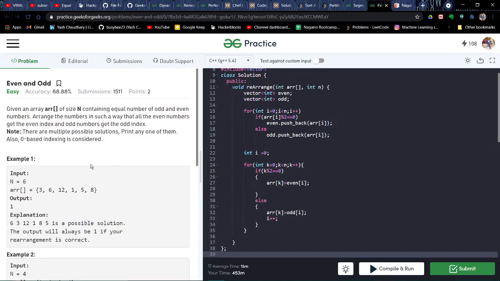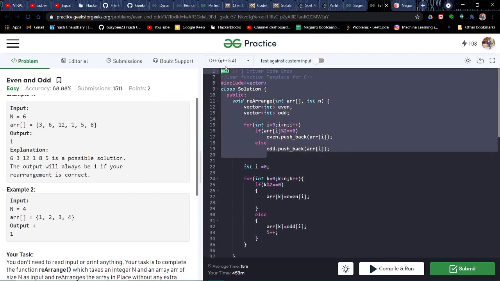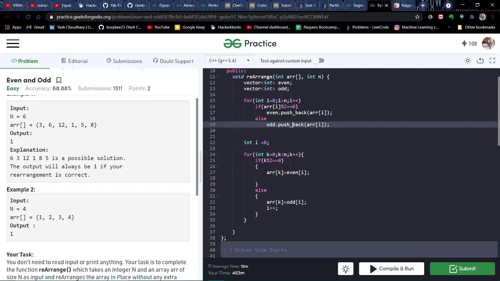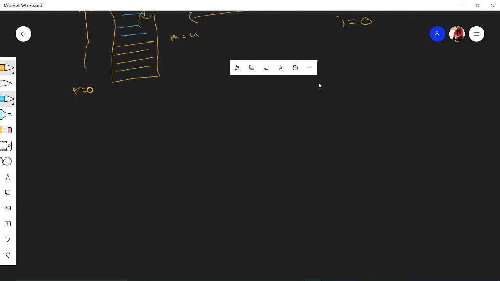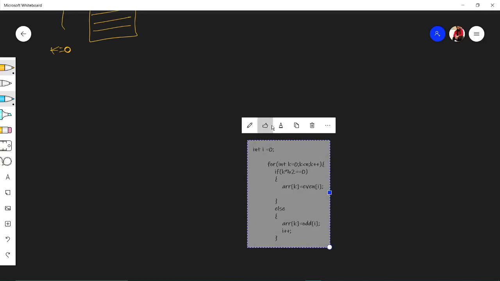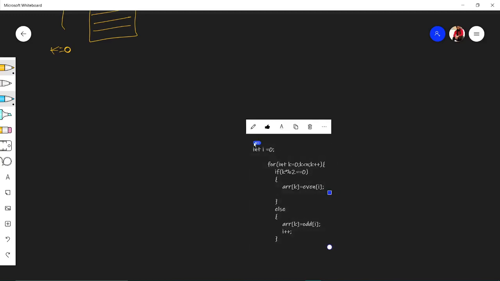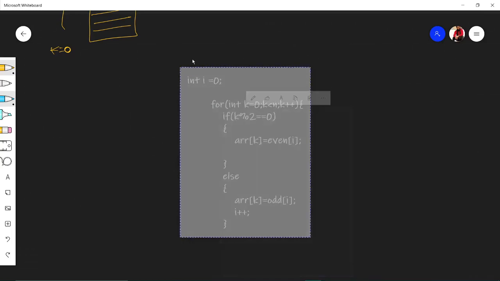And similarly, in this question also, what you need to do is the even and odd index. The approach I used here is similar, odd and even changing into vector. And I did this i equals to 0 thing. Why did I do this? For printing, how should I explain? I'll just put this code up and place it here. Just a second. Yep, so this is the code. And what we are doing here is